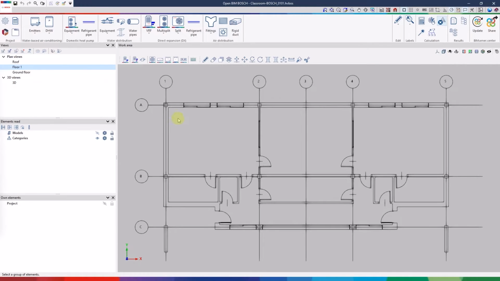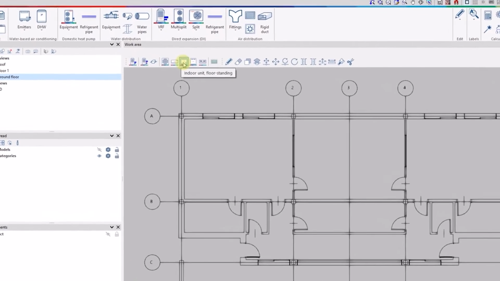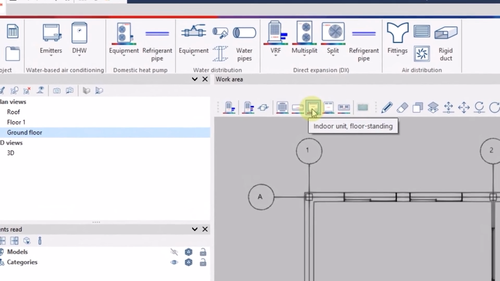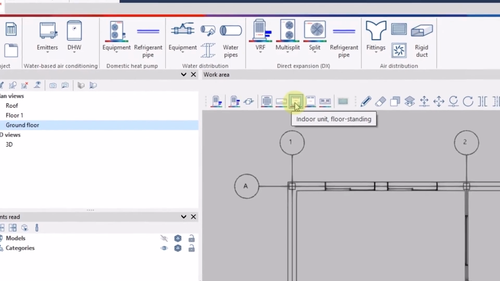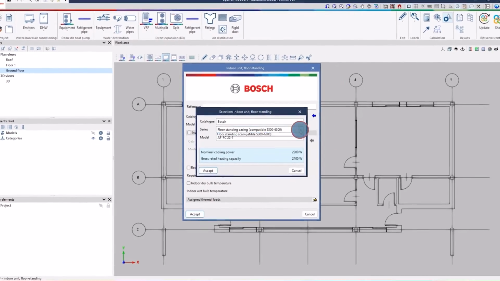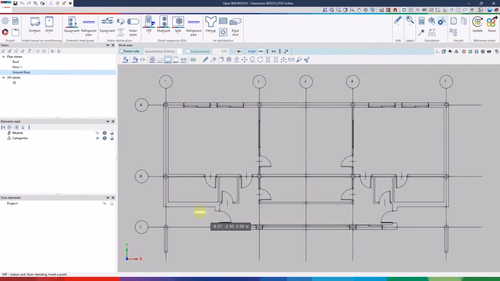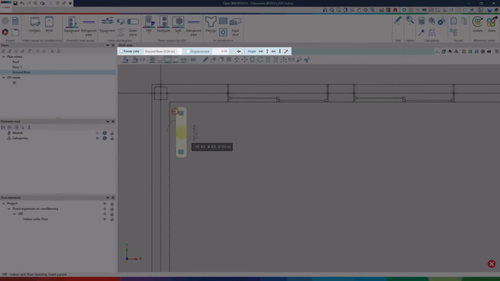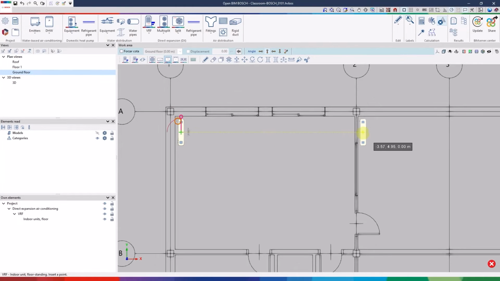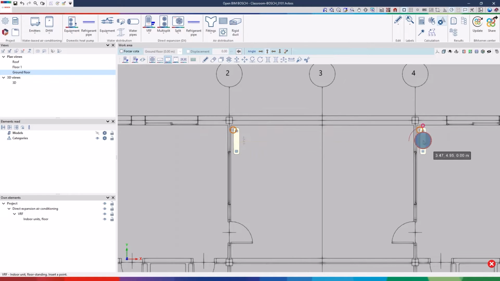With the graphic reference available, we start designing the system. First, we enter the indoor units. We select an indoor unit floor fan coil belonging to a VRF system. We can choose between a 2D or 3D entry mode. We select the 2D mode with no displacements regarding our reference plane. Orientation tools allow us to define the correct orientation for each unit. With the tracking tools, we can align the various elements inserted, regardless of their orientation.